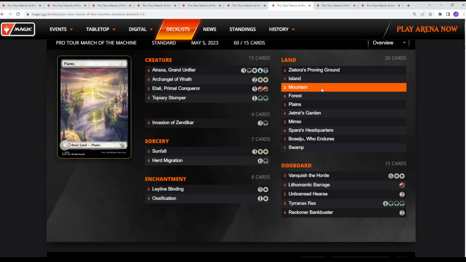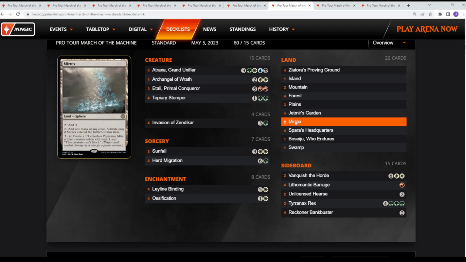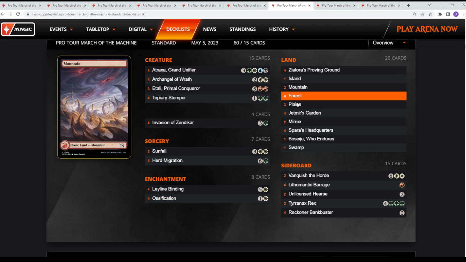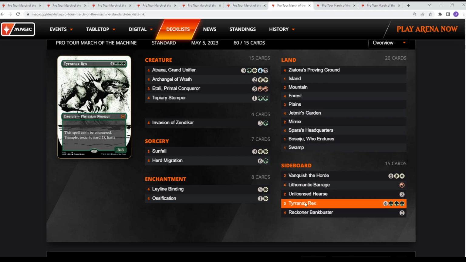You're playing a bunch of basic lands. Sunfall as a sweeper that also leaves behind potentially a very large body. And then some Myrexes. Myrex is ambitious in a deck that's trying to play so many colors, but you do have a lot of basics and some fixing in there as well. Kind of cool to see Tyrannix Rex, I guess, for the heavy